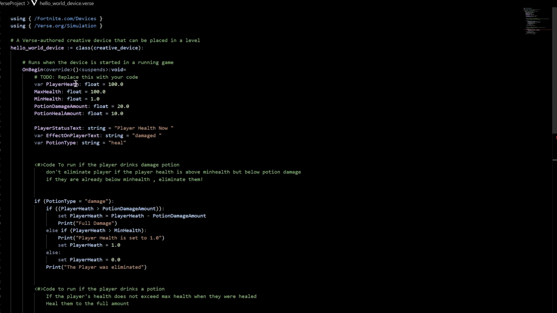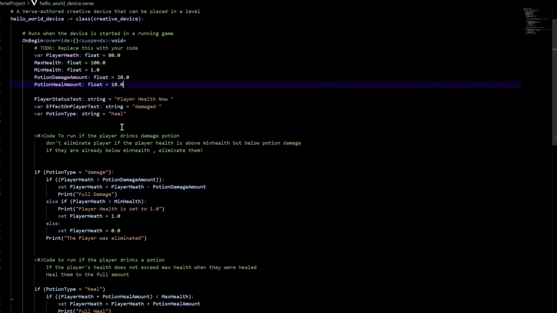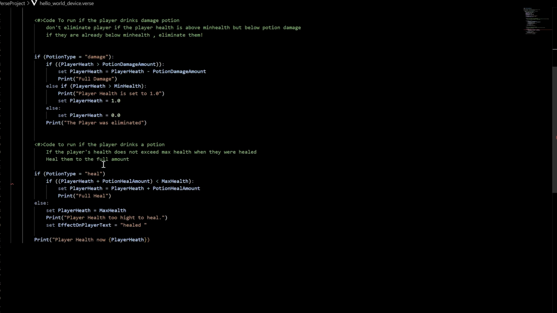So instead of their health being 100, let's set their player health right here. Their max health should stay 100, but let's set the player health to 80.0. And then you can play with your potion damage amount and your potion heal amount, but I'm gonna leave mine alone like that. That's cool. I just don't want them to start at full health,